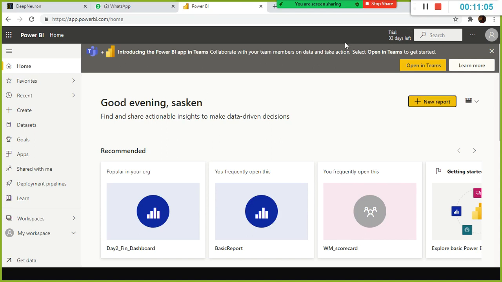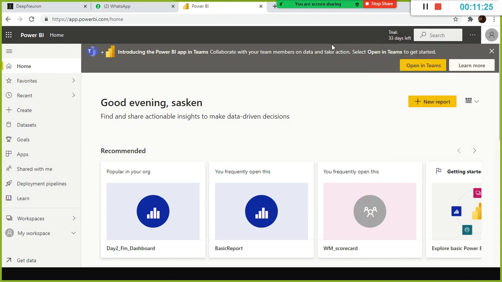Yes, you can give row level security, object level security. Based on the security privileges which you give, the respective stakeholder can view the data relevant to them. Not all the data are visible to everyone.